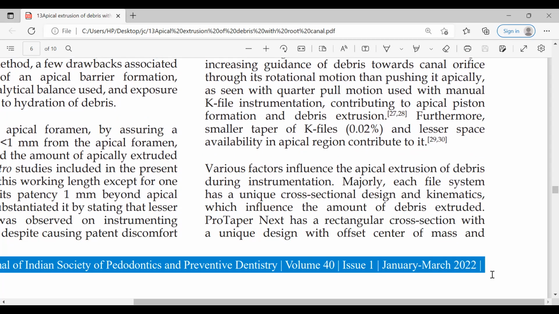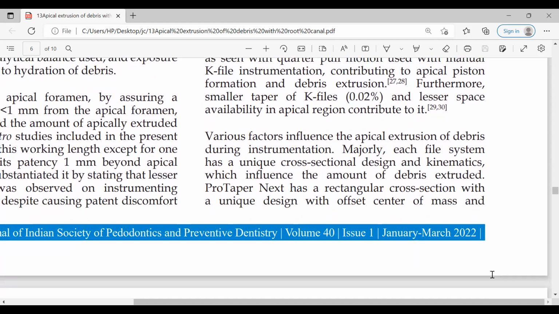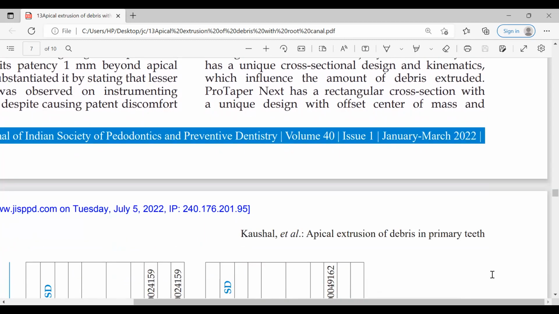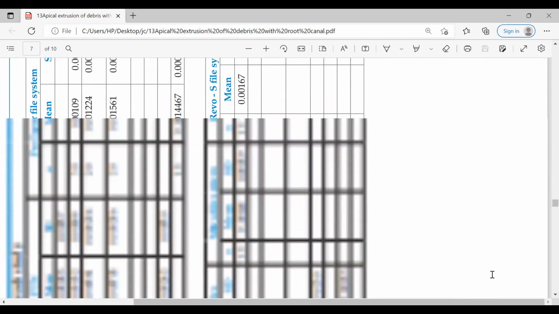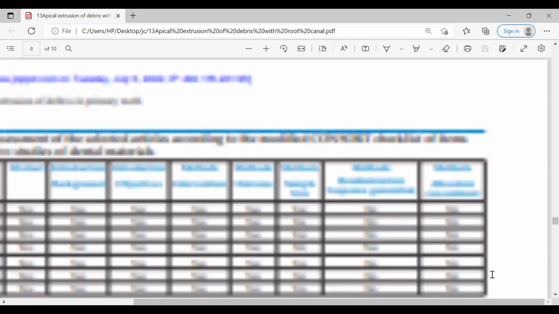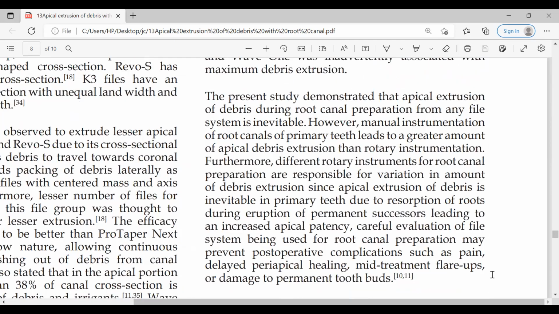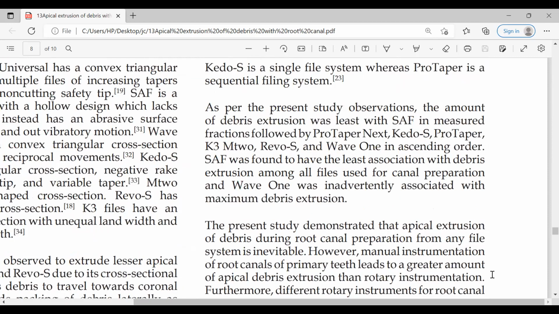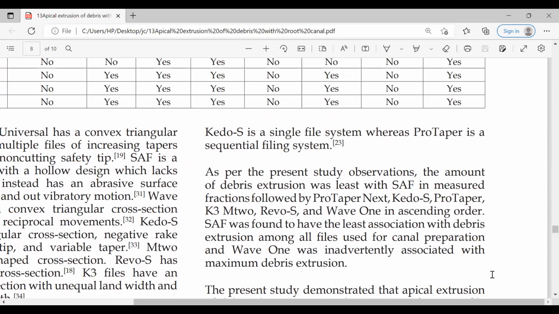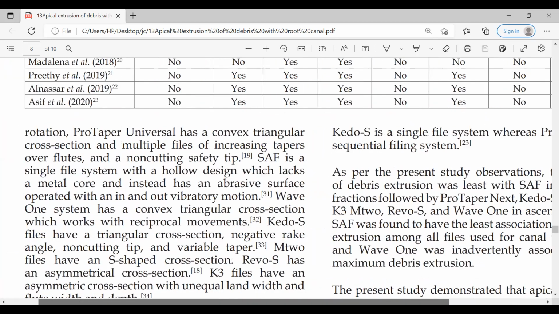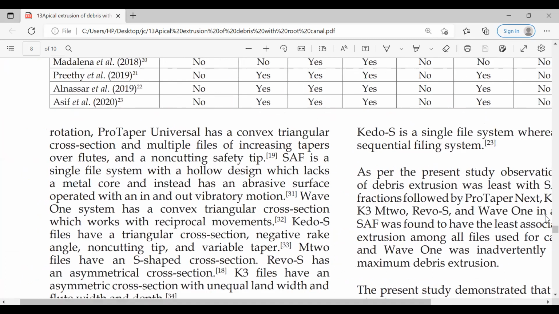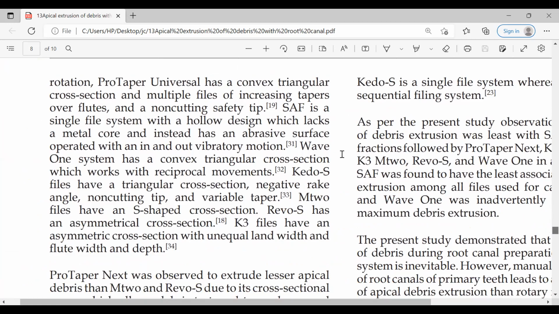ProTaper Next has a rectangular cross-section with unique design, with offset center of mass and rotation. ProTaper Universal has convex triangular cross section and multiple files of increasing taper over flutes and non-cutting safety tips.